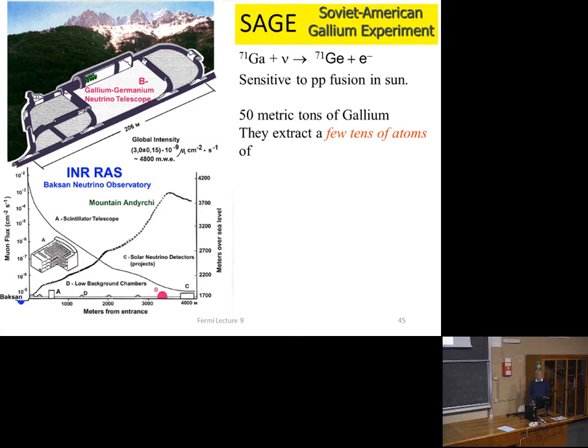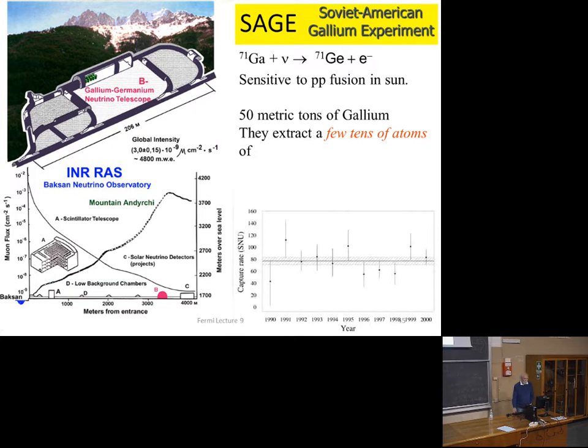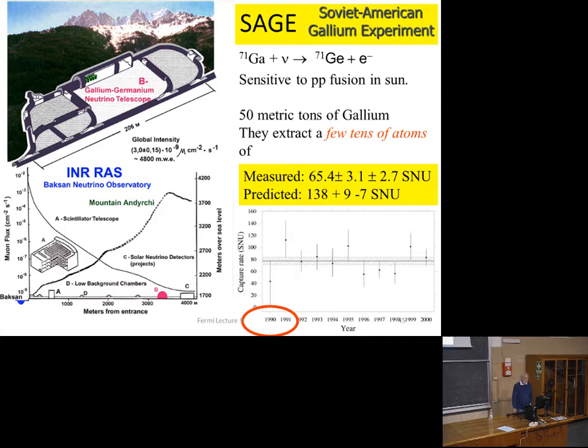The neutrino comes in, reacts with gallium-71, and when it reacts with gallium-71, if it's an electron neutrino, it then makes an electron, and it makes germanium-71. And that's sensitive directly to the PP process, fusion process in the sun. They used 50 metric tons of gallium to do this, and from that, they extract just a few tens of atoms, and this is doing it over many years. So this experiment ran for several decades,